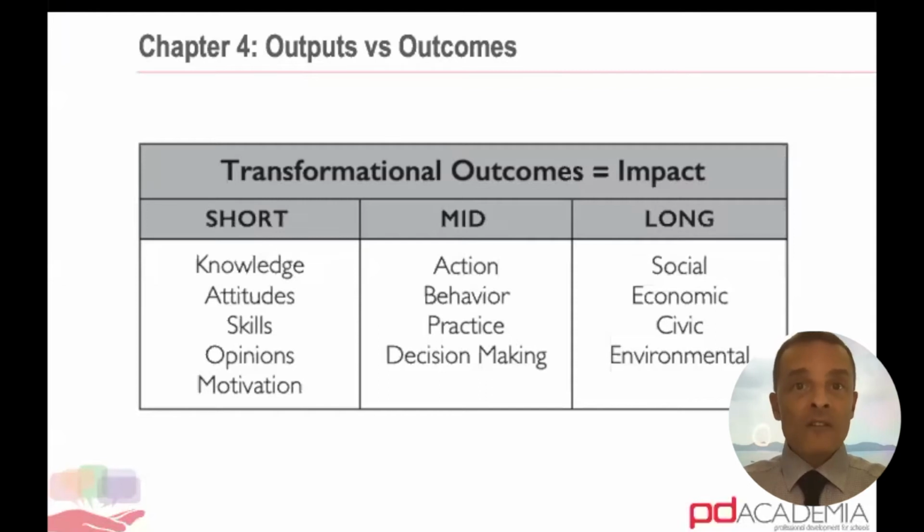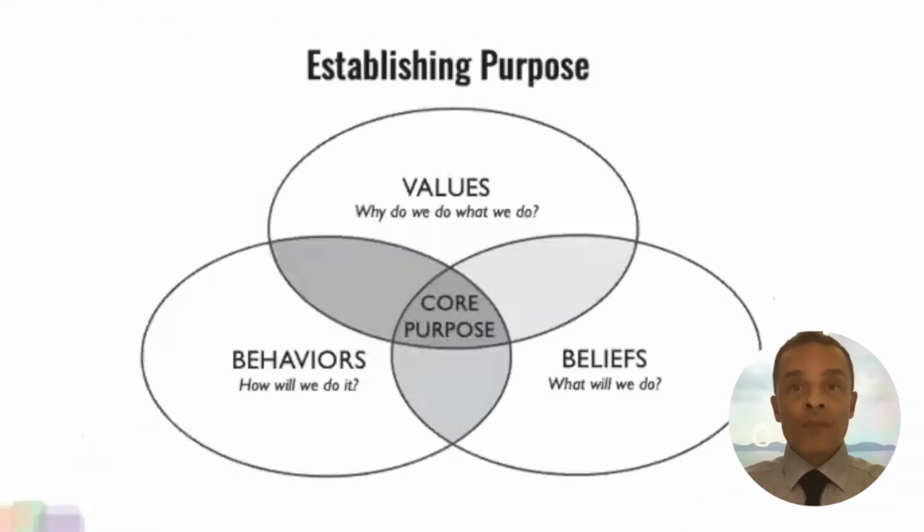It could be just sufficient enough to focus on an outcome that's related to knowledge, attitude, skills, opinions, or just motivating the team through a school year. Much like what we're experiencing now with COVID-19, keeping people motivated could be a significant enough outcome for a team to realize. So when we try to identify the purpose of our team, make sure that the outcome is explicit. Once we identify what that outcome is that we're working towards, we need to move towards what you'll find in chapter 9, establish a team purpose where that outcome is explicit.